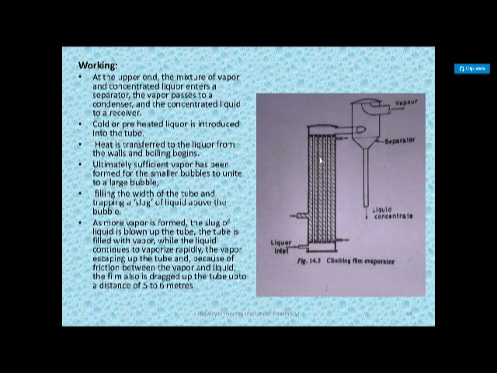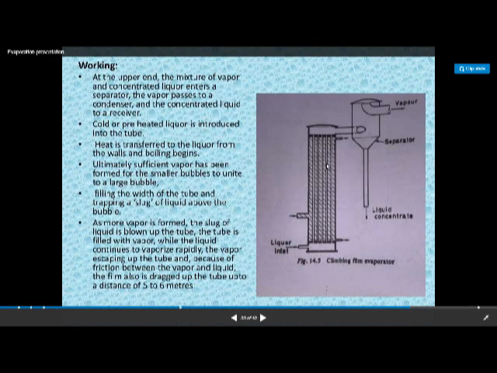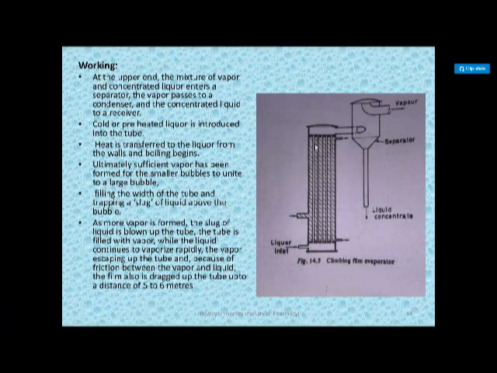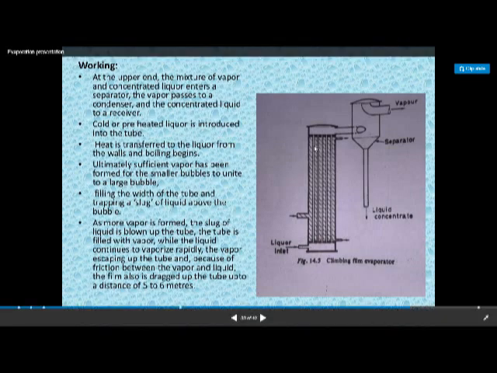Second, the very high film velocity reduces the boundary layer. The tubes are very long, so there will be formation of a film on the wall of the tube, but these films are very thin in nature. So there will not be any change in the heat transfer ratio or heat transfer coefficient, though the films are forming on the wall of the tube, right? This is the second advantage.